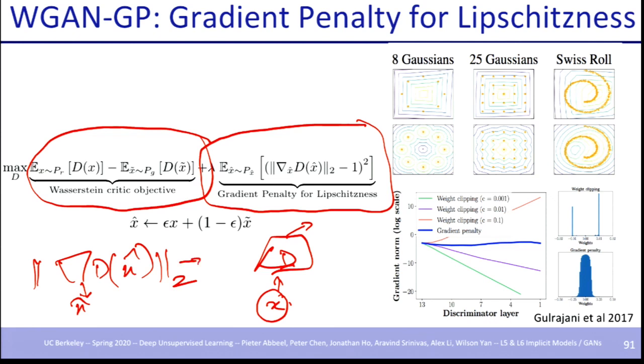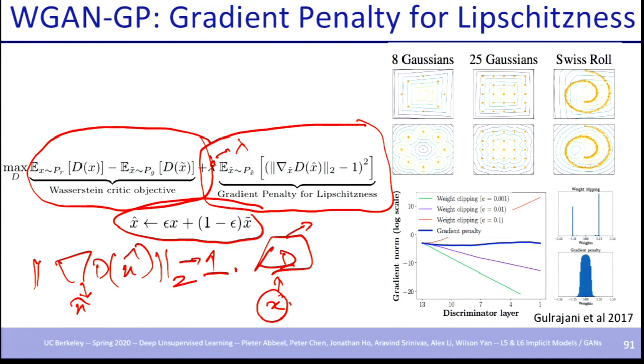And you're going to take the norm of that and try to make sure that it's close to 1. Why 1? You should check out the paper, though people have also tried not using 1 and just trying to minimize the norm. Basically you have a lambda term that determines how much importance you want to give to this. And the final thing is this term.